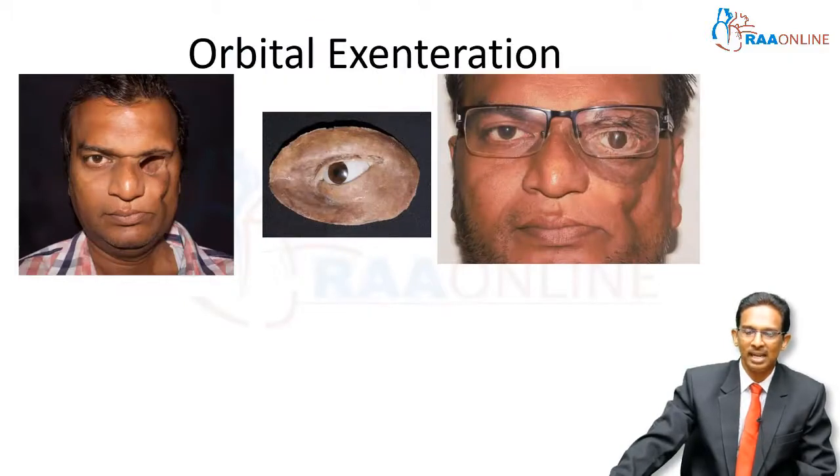This is the orbital exenteration. The patient will lose the entire eye component. In enucleation, the patient has lost only the entire eye, but the upper and lower eyelids were intact. But here, the entire eye and the upper and lower eyelids are also removed. This is called exenteration. Most of the situations happen